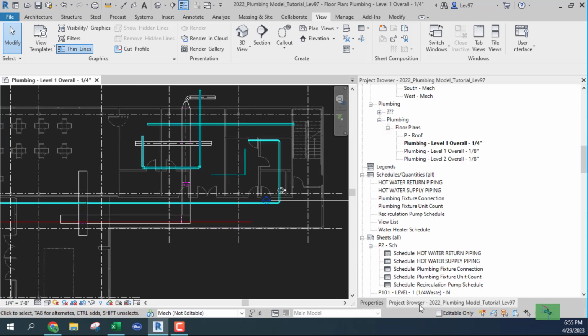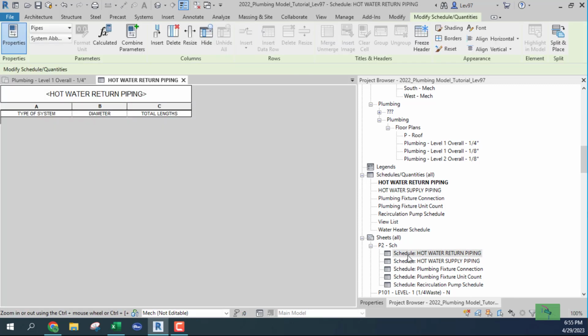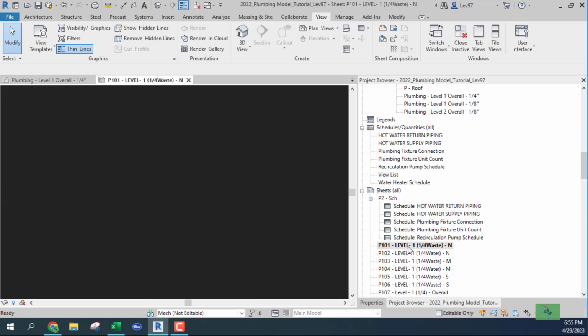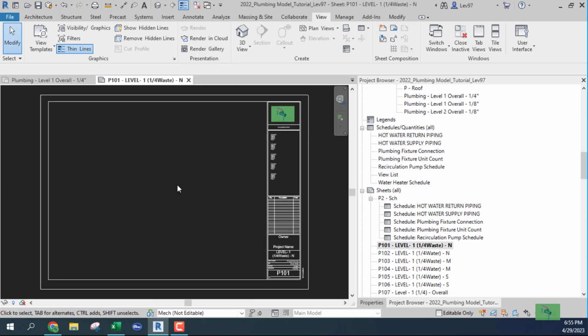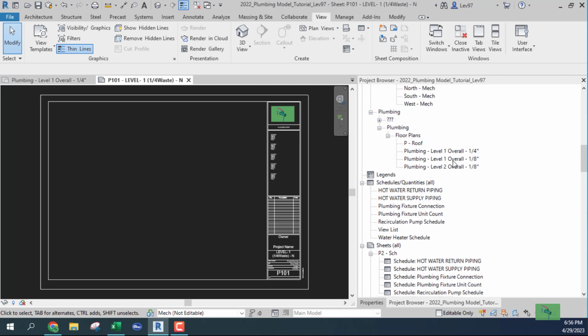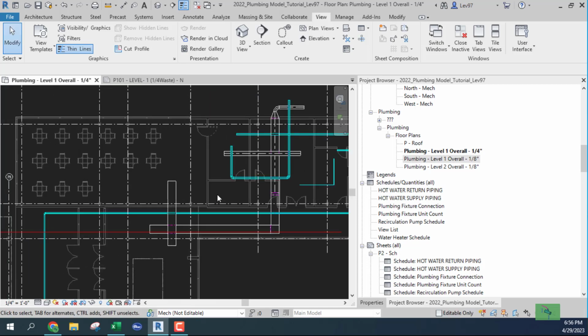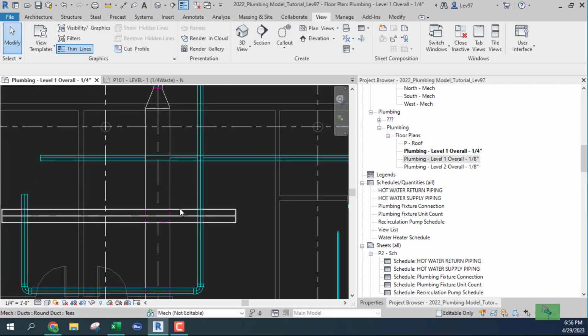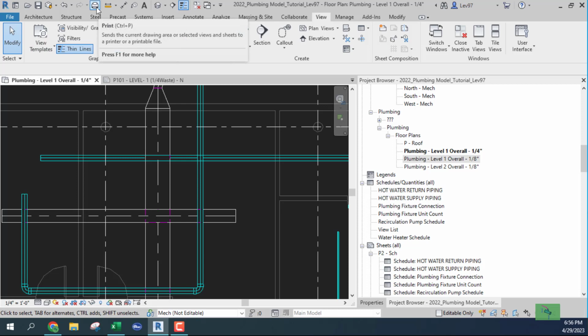But once you get to the documentation, I mean, what's that? A schedule? Okay, I don't want that. Let's go down here. Once you get to the documentation, when you print this, you want it to look like AutoCAD. Okay, let's say you come over. Let's do this 1/8 inch. No, let's go back here. Let's go here, and let's say I want to print this. And so you have to get it where when you print, let's print